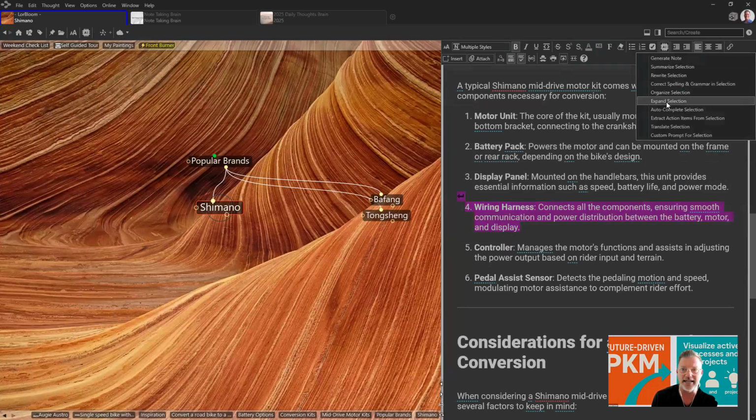And as you can see, I can expand this. I can organize a disorganized note. I can correct spelling and grammar and so forth. Or just completely rewrite it as a proposal for a grant for a new class that I'm teaching in school. The sky's the limit on what you can do with AI here. And we've got very specific videos where we've talked about this in detail for over an hour.